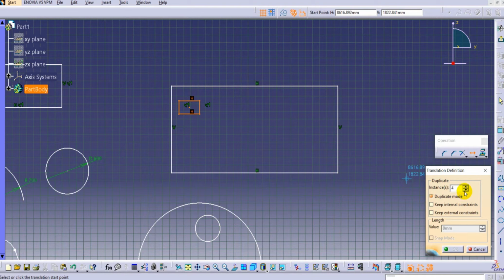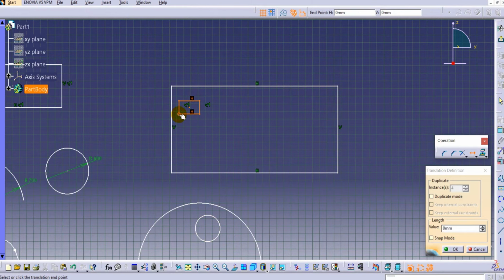I will keep this as 4, and here if you click on the duplicate mode, it is going to create a duplicate, or if you uncheck it, it will not create instances. It will just translate this object from one location to another. Now we have selected the sketch, and we click the translation start point.